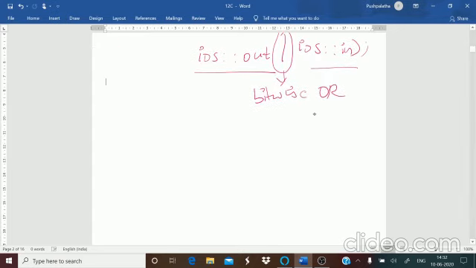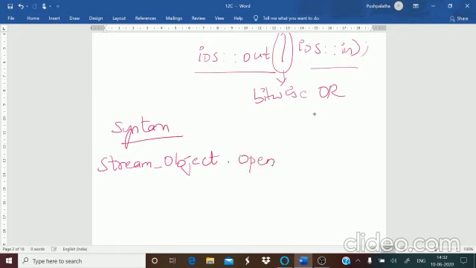The syntax for this is given as stream object, that is fstream, ifstream or ofstream, stream object dot open, give the file name and mode. For example, I'm saying ofstream, that is for writing purpose.